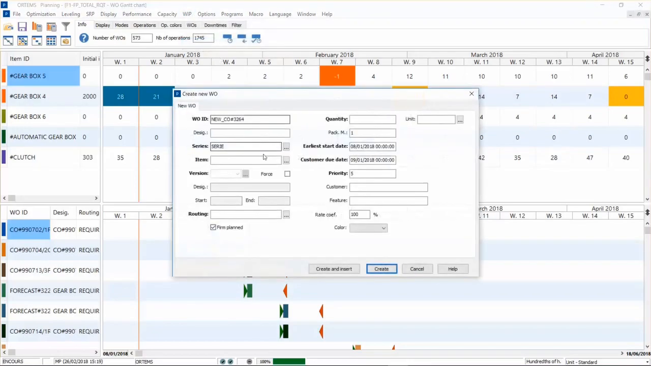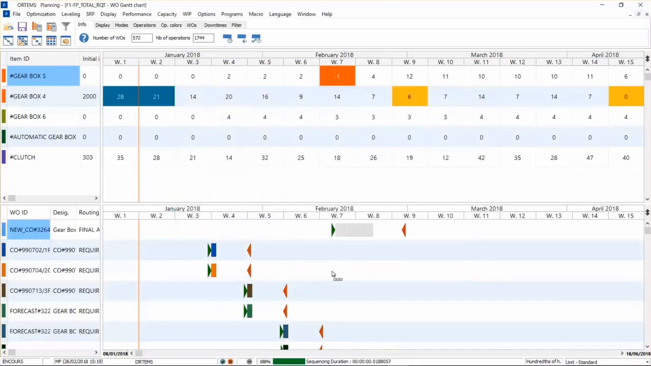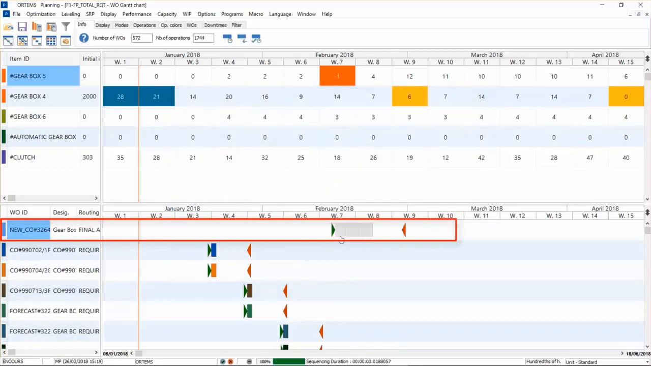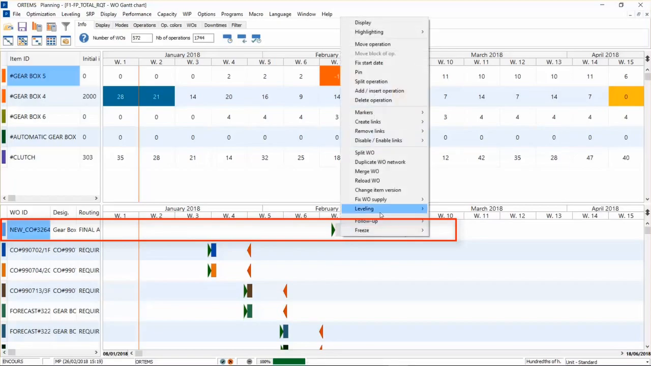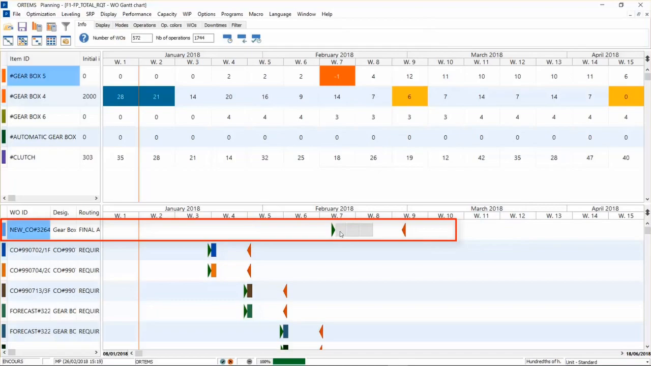To do that, I can create an order on the gearbox 4. I will say I want 2000 between the 15th and the 28th of February. I'll click on Insert, and then I see here my work order. Now what is powerful in DELMIA Quintiq is that you can use the automatic leveling engine to load level specifically this work order. I will choose leveling this work order. In this case, you can see